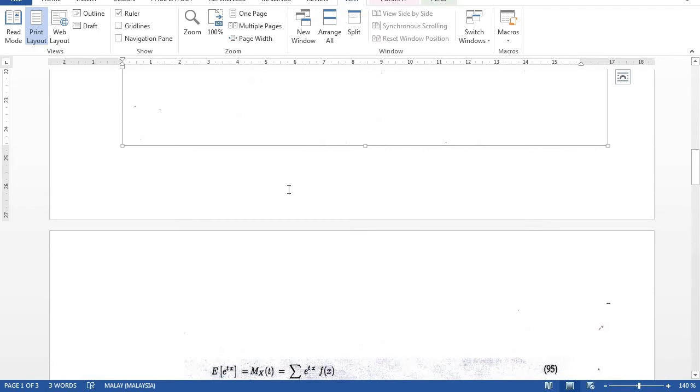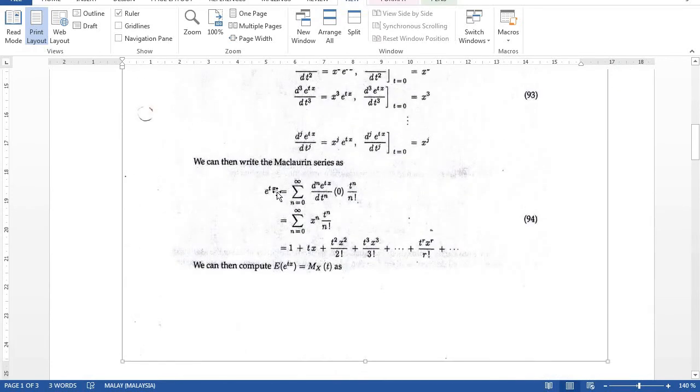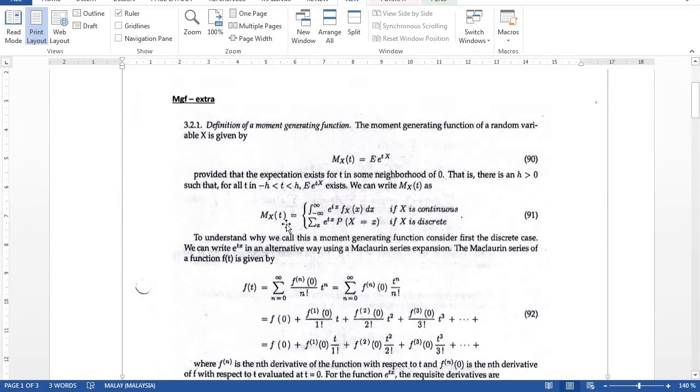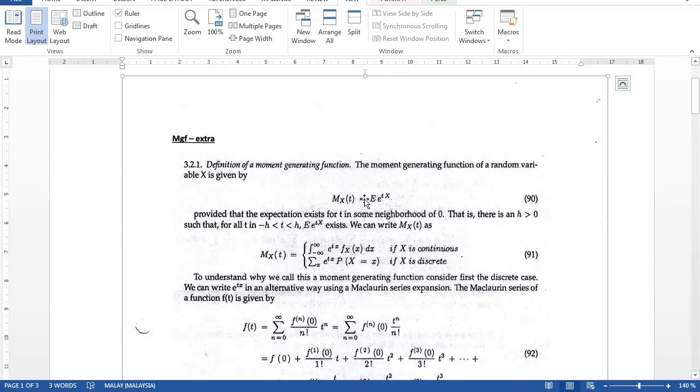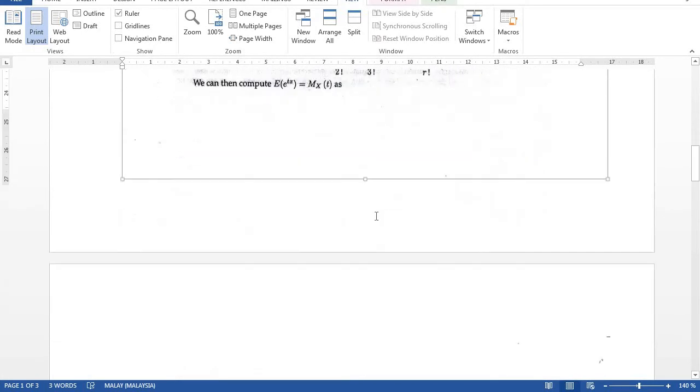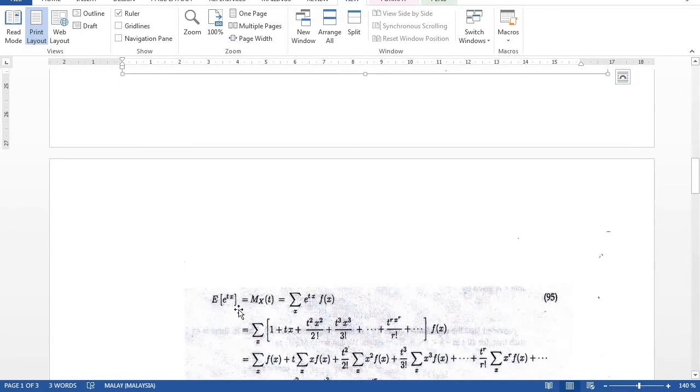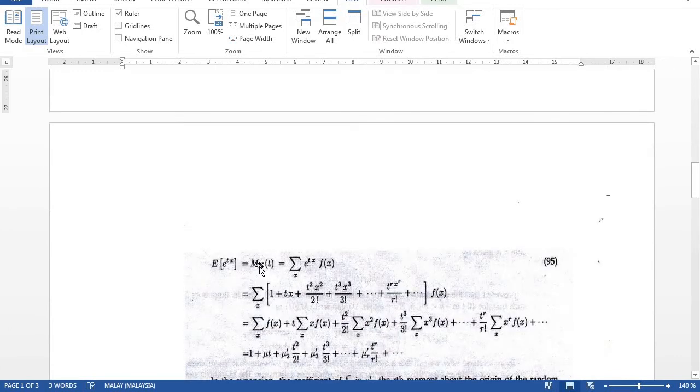And then next, this is e^(tx). We can expand it into the Maclaurin series like this. Now we want to find the expectation of this term, because the MGF is defined to be the expectation of this function e^(tx). So we want to find the expected value of this function. As defined by the MGF, the expected value of this function should be the sum of this term multiplied with the function f(x). So the sum of the e^(tx)